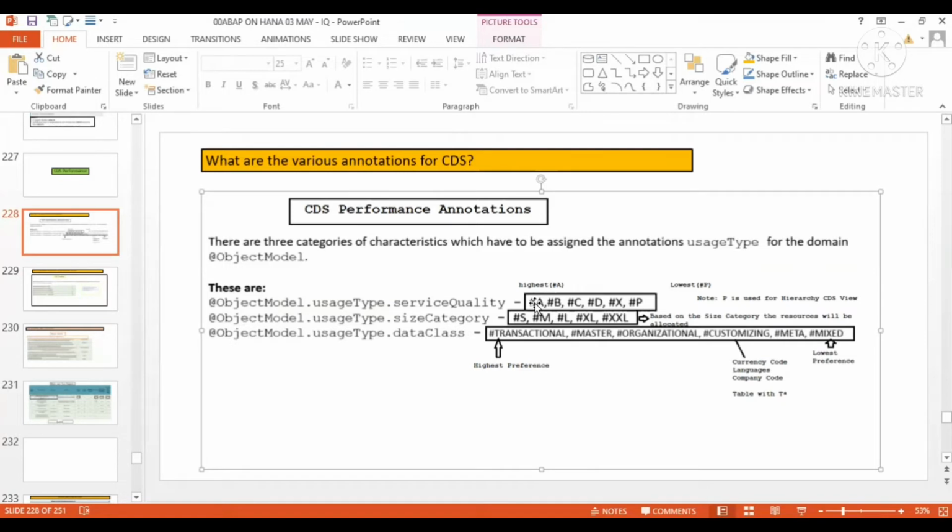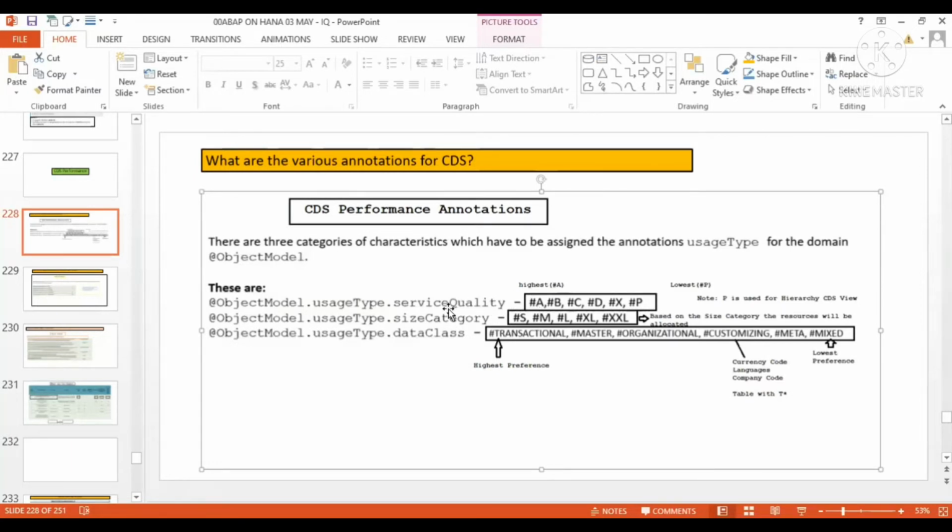All the resources start looking into that, and it releases other unprioritized work. So if you mark some CDS with label A for service quality, make sure that CDS is really very, very critical for you. Only then go for this, otherwise don't.